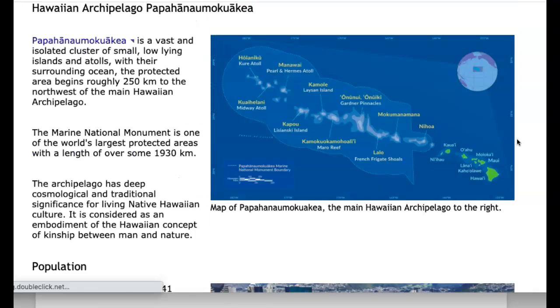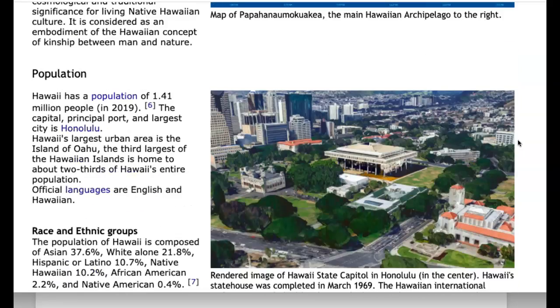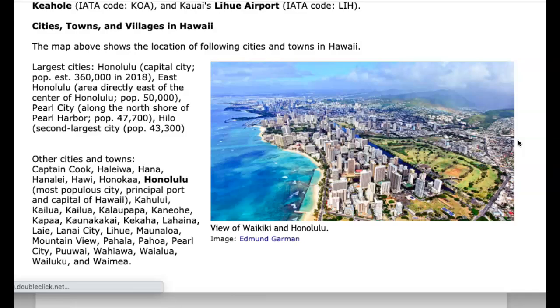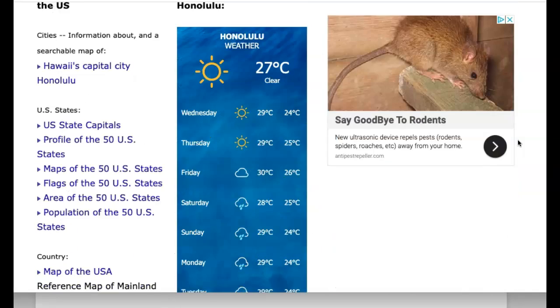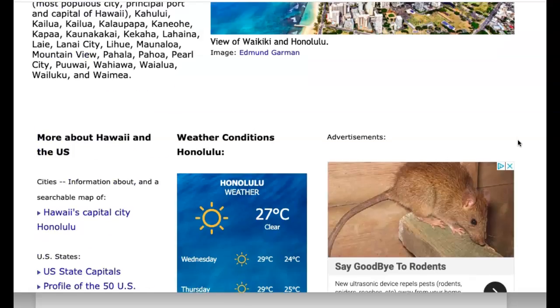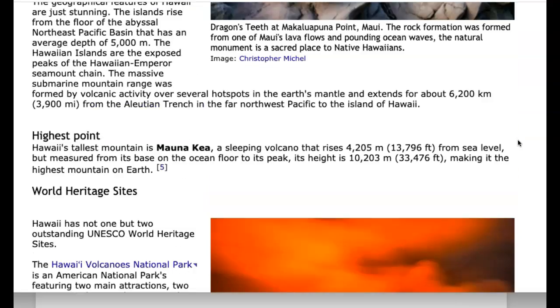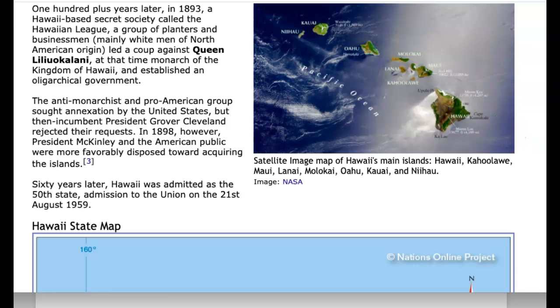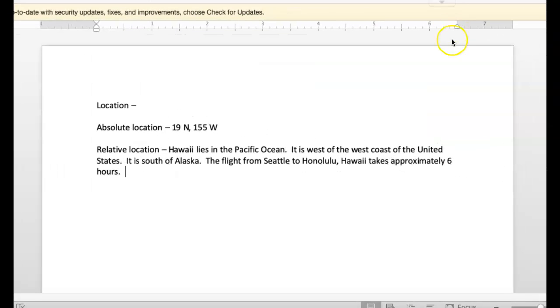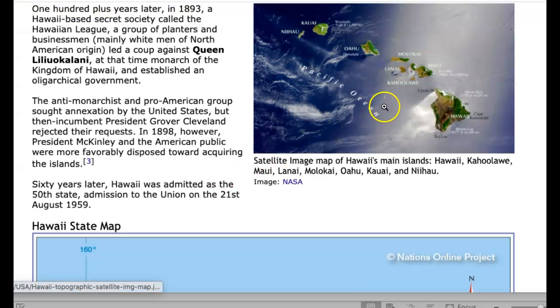Bear with me a little bit, because this is what I expect students to do also, and that is to go through and look for the information that they want to find. Okay. So I think what I am also going to say is that the group of islands lies east of Asia, because I know that Asia is on the other side of that. Okay, so let's go to our next